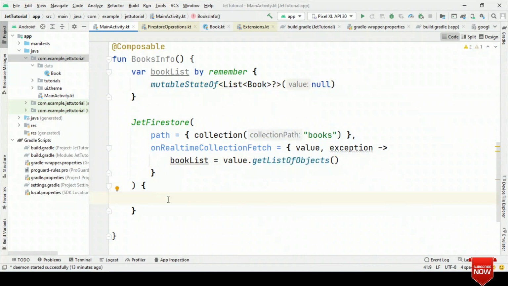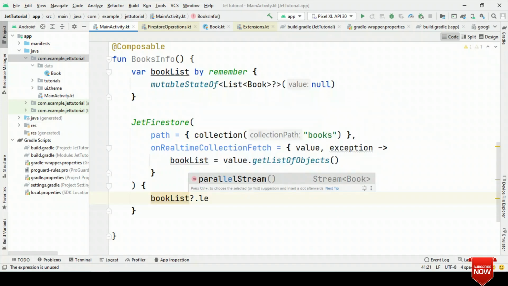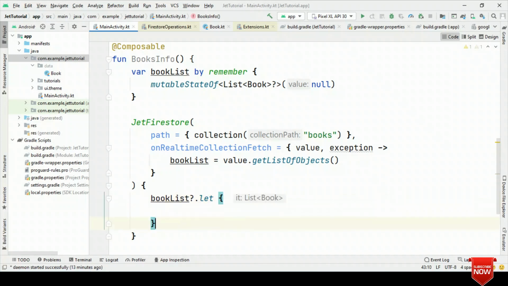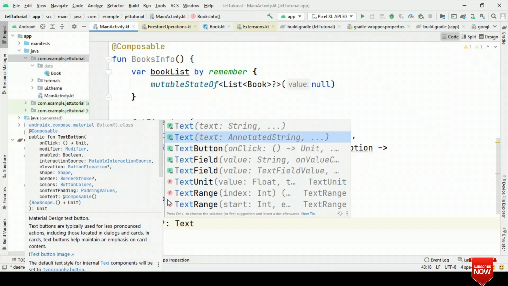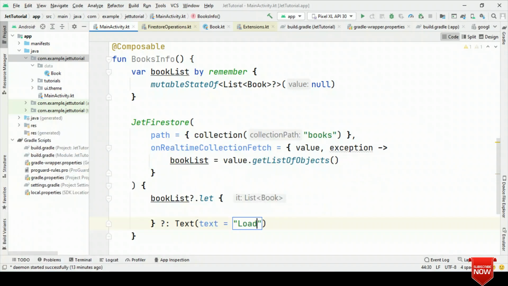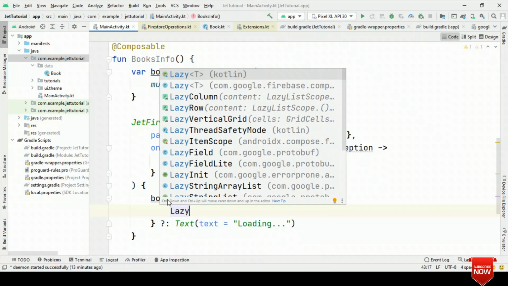Now let's show this book list in a composable. For that, let's do one thing. We'll first check out whether this is null or not. So for that we'll say book list question mark dot let. If this is null, then we could say something like loading, and now inside this we could say lazy column.